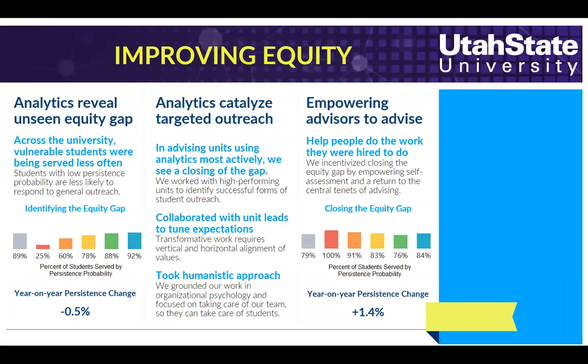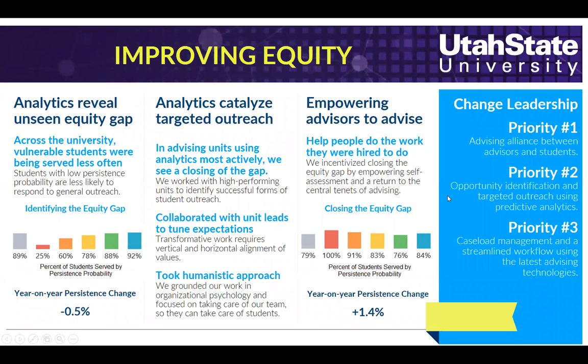And what that tells you is that student success outcomes aren't about getting to everyone. Student success outcomes are about getting to the right people at the right time, and analytics can help you to do that. This year-on-year persistence change was a product of reversing that staircase and closing that equity gap. And it's really compelling evidence that students are in fact at promise if we just get our priorities straight. In this case, I don't want to go through these priorities, but the number one priority I always tell the advisors who use analytics is their alliance with the student.